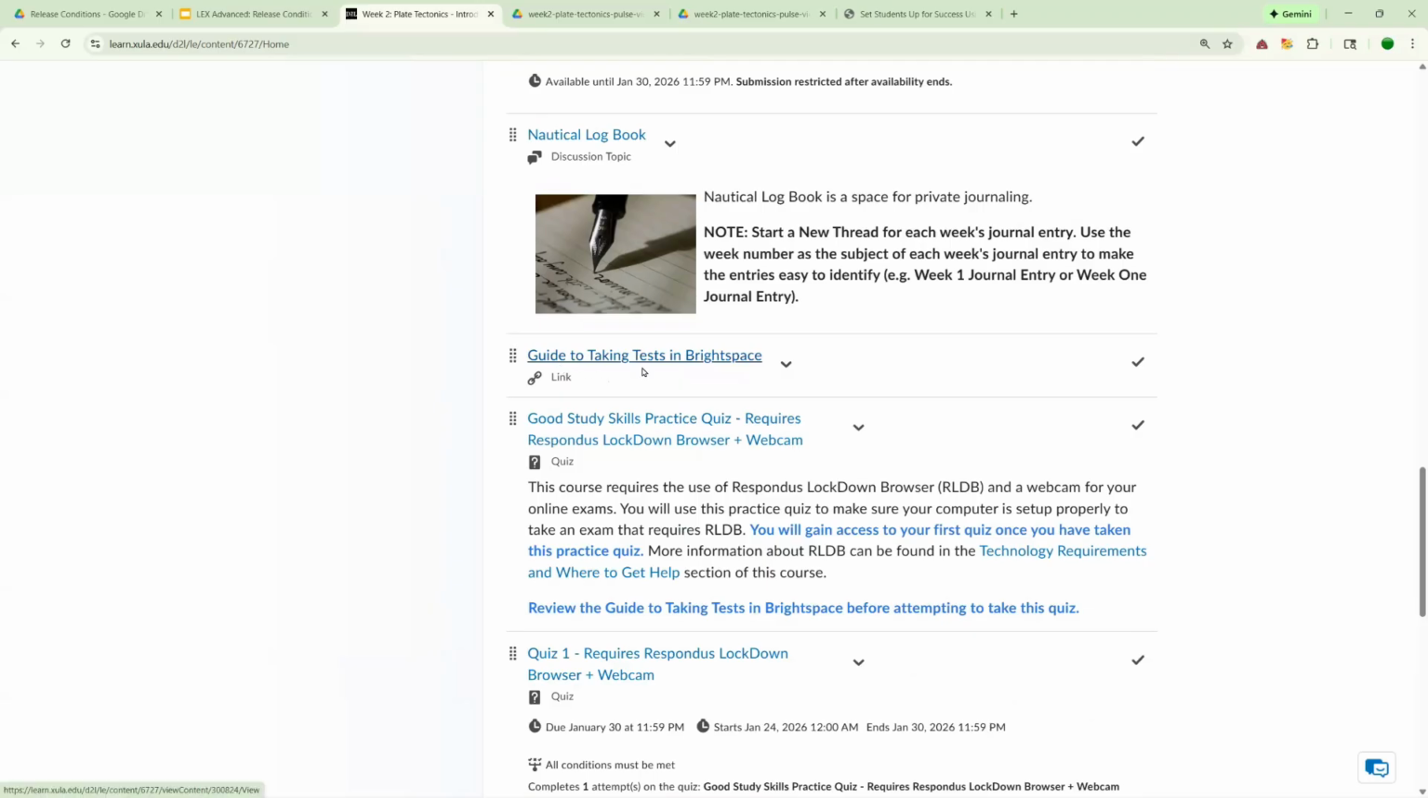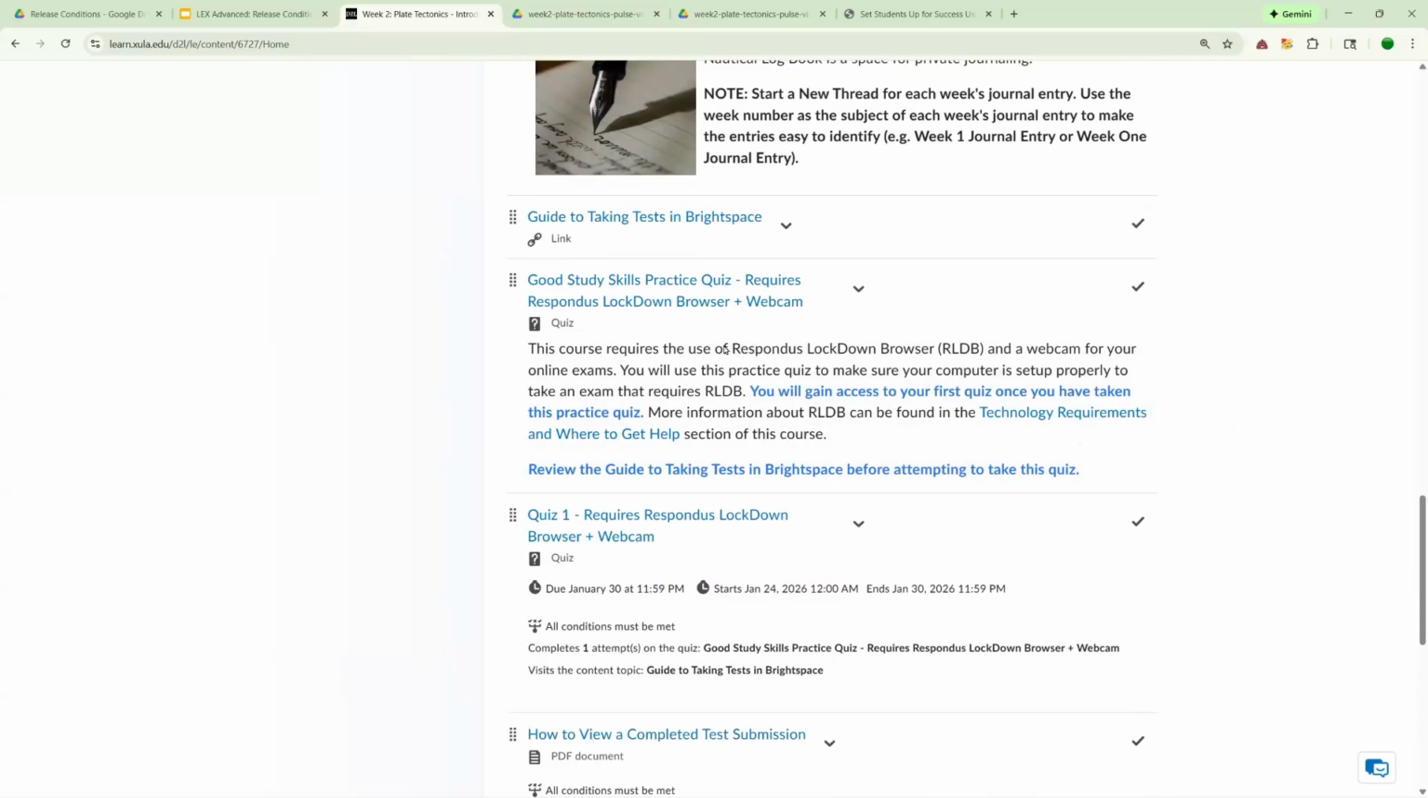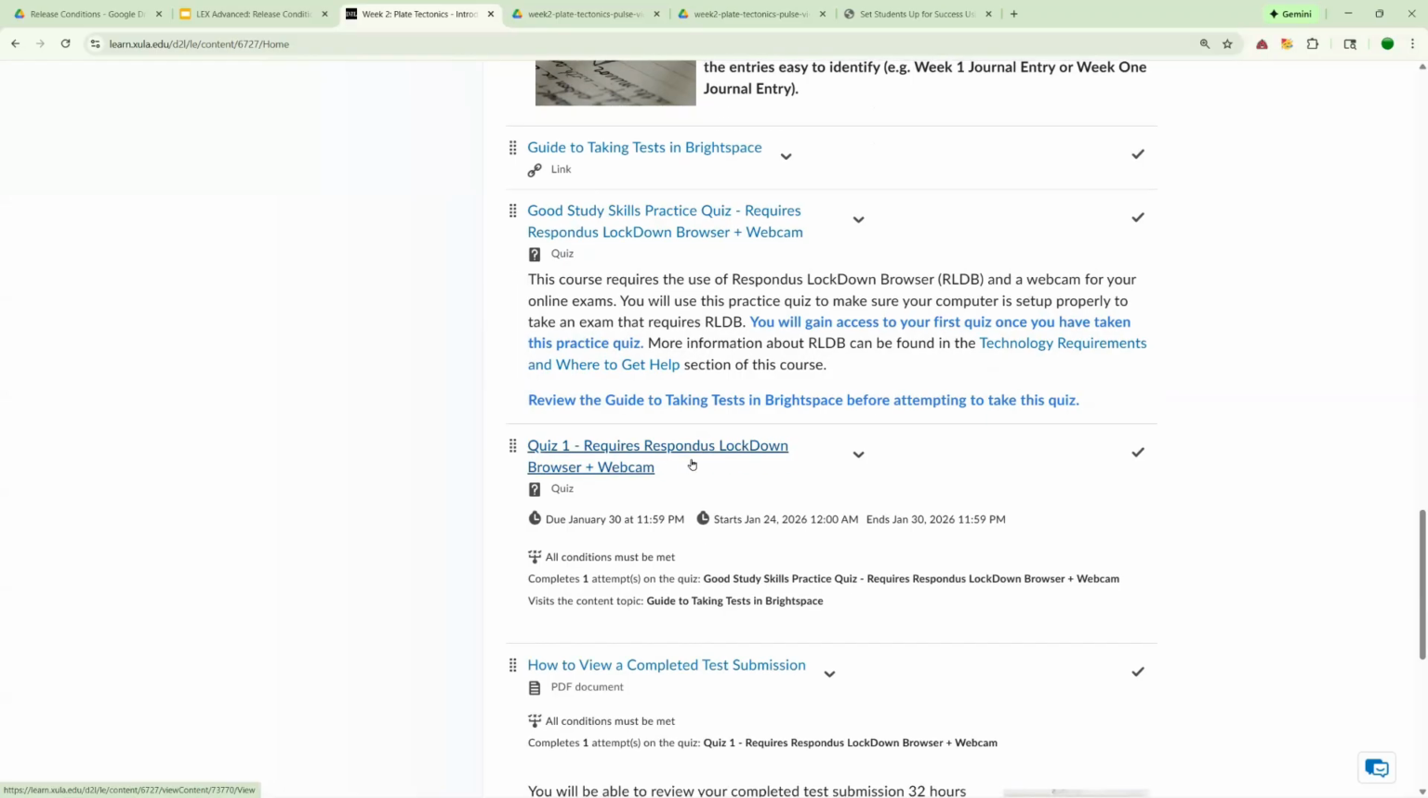But before they take the test, I'm providing them with this link that's a guide to taking tests in Brightspace. They're required to take this practice quiz because the quiz is online and I want them to get some practice at how to take this quiz, especially since Respondus Lockdown Browser and Respondus Monitor are required. So before they can gain access to quiz number 1,